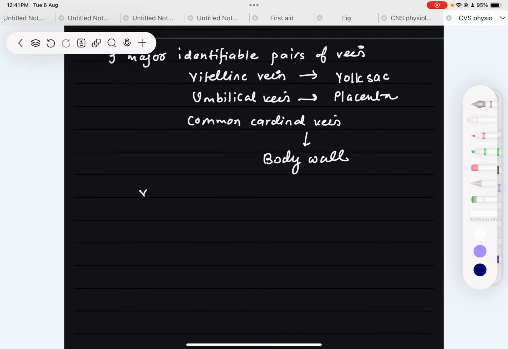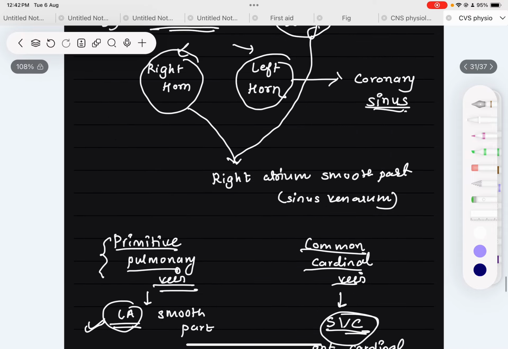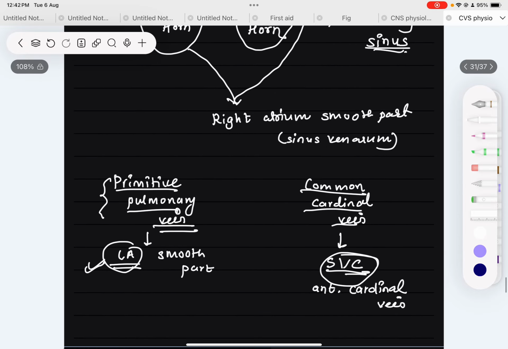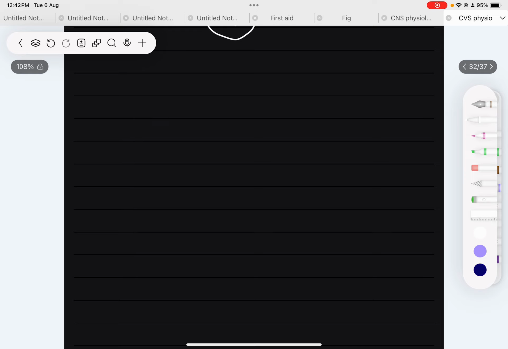But only this vitelline vein and cardinal vein will give contribution to the formation of inferior vena cava. So this is the development of inferior vena cava. This is the superior vena cava part, and this was about the development